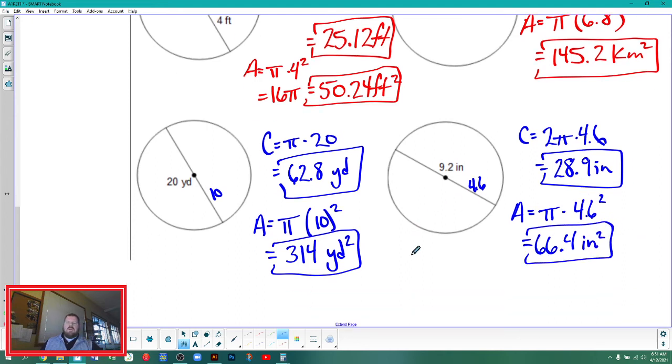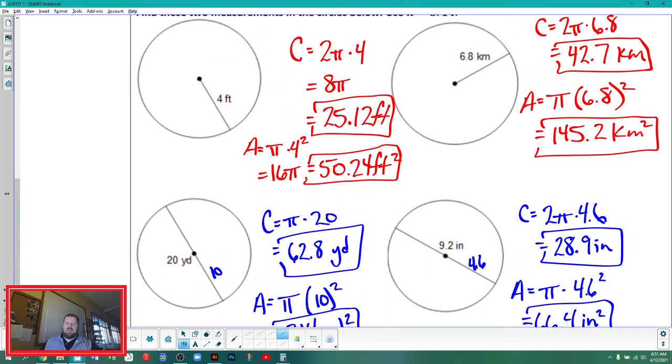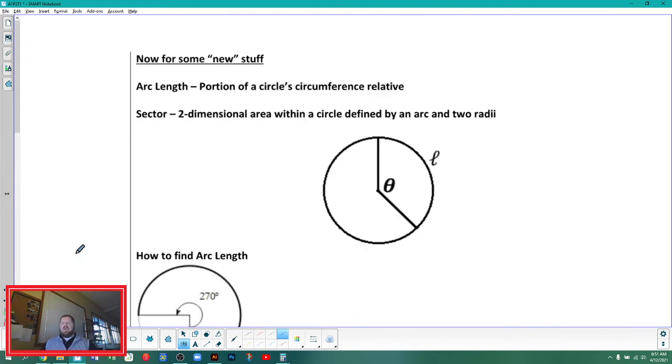Okay? So again, those measurements should not be new. Doing those calculations should not be new. Let's move on to something that probably is. When we start looking at arc length,